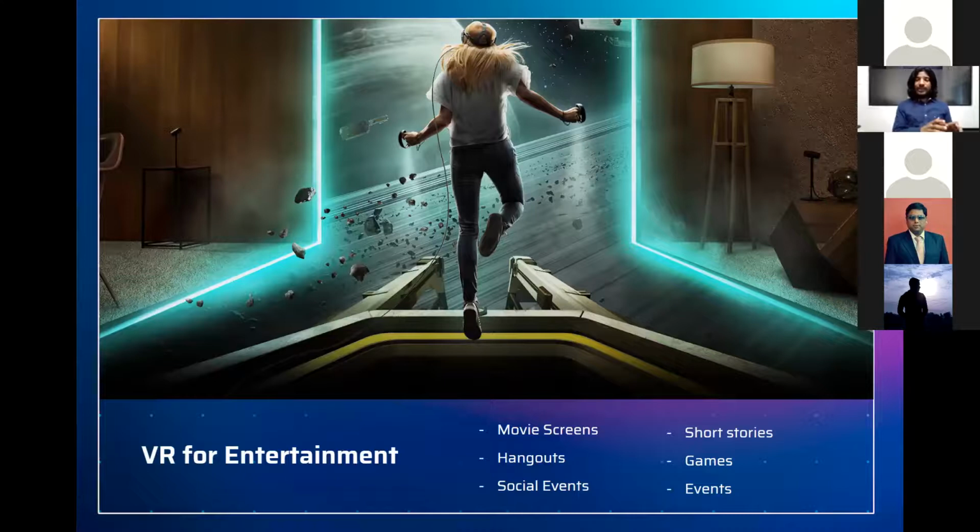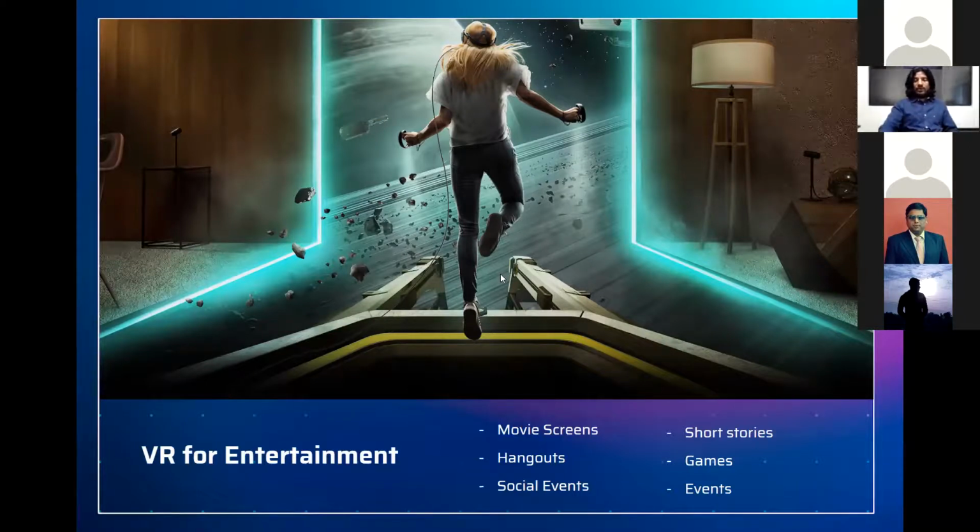And apart from games, VR is also used for movie watching. Movie watching has become very popular because today many people watch movies on mobile. It's become very common. But imagine that instead of watching a movie on a mobile screen, you put on a VR headset, and you can watch the same movie on a big screen, like 17 mm. Not only that, you can also bring your friends to the movie theater and watch the movie together with your friends. You can hang out with your friends. You can create social events, even parties online. These are possibilities with VR.